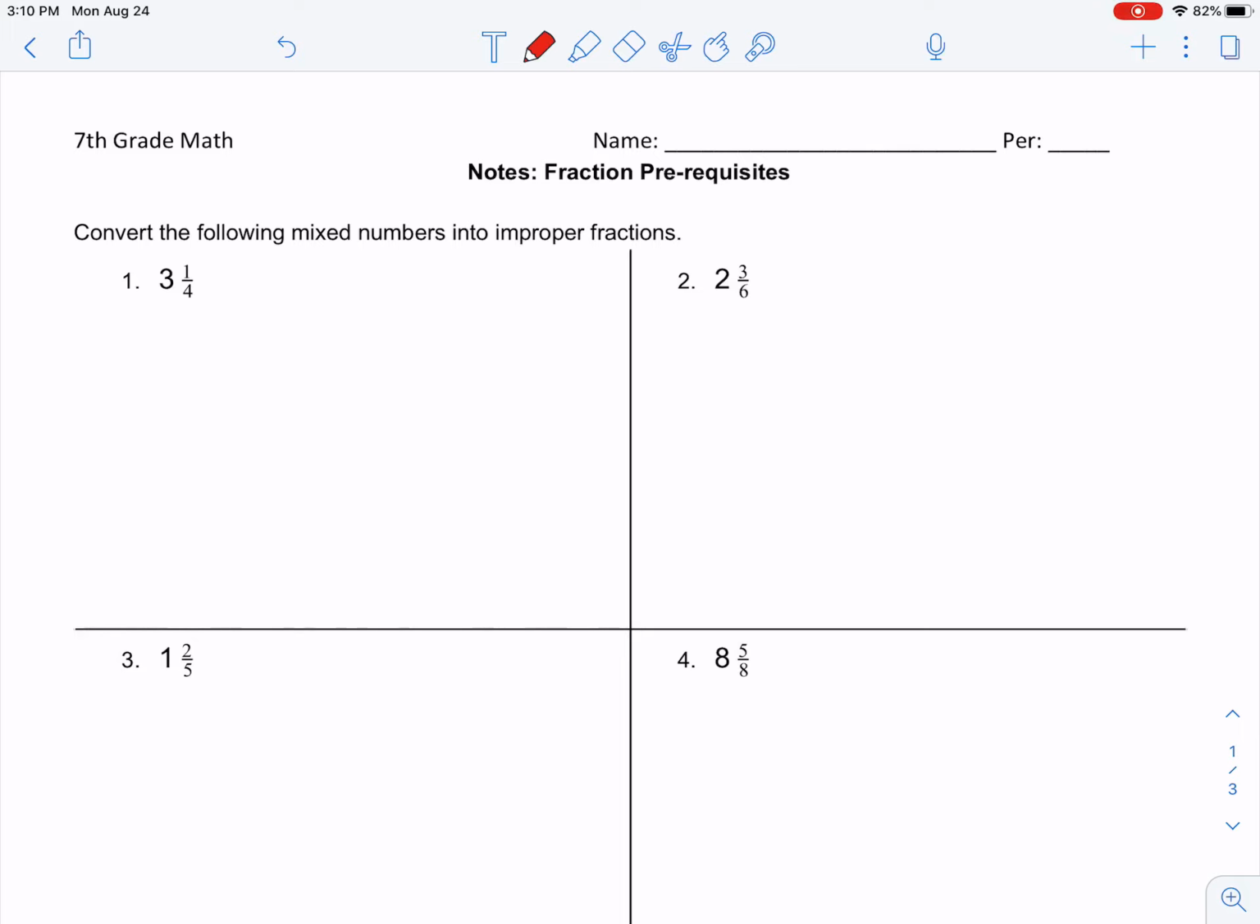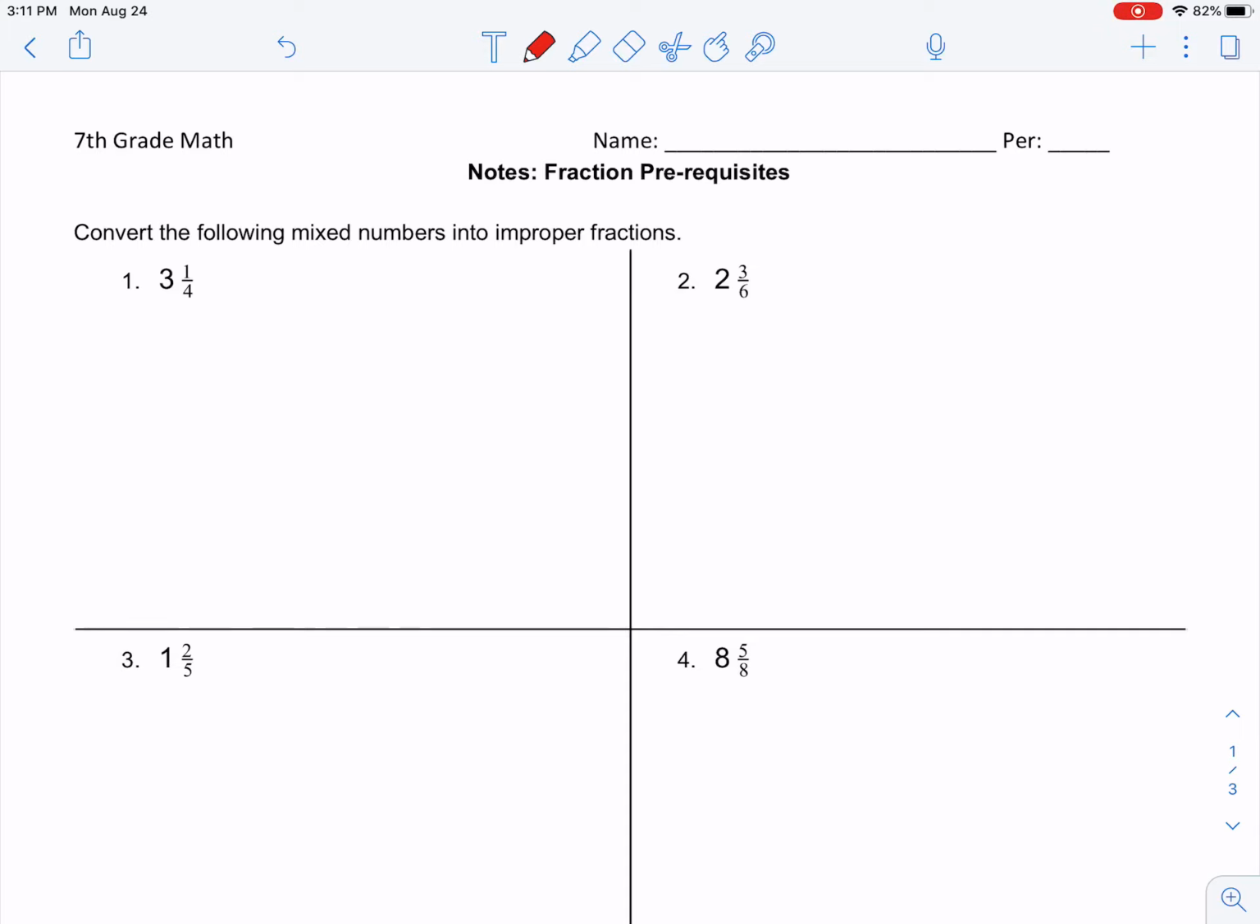Today we're going to take notes on fraction prerequisites. Prerequisites mean before we actually get into our Unit 1 fraction topic, we're going to think about what we learned before 7th grade math, and review a little bit more on what we already know about fractions. So, let's begin. You can use Notability or a piece of paper to take notes if wanted,